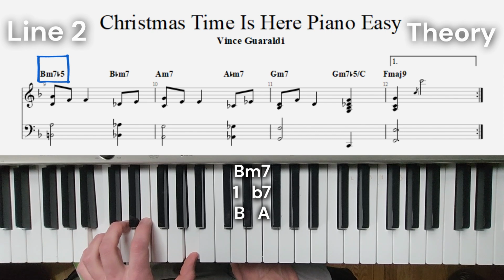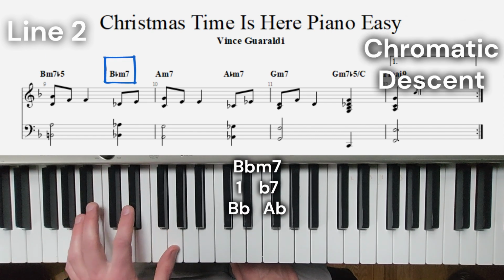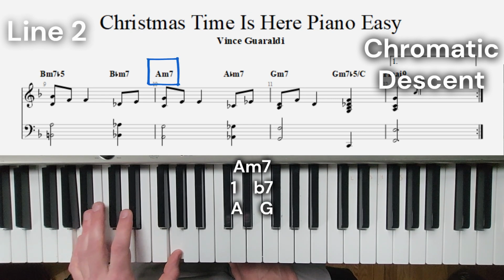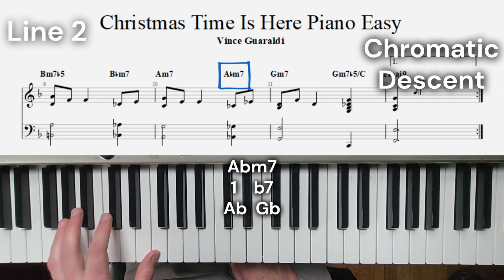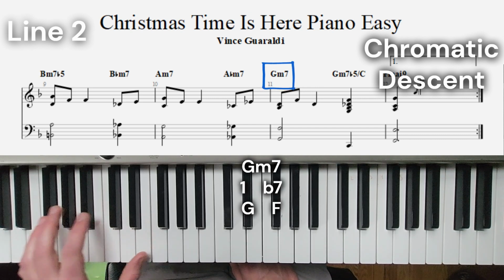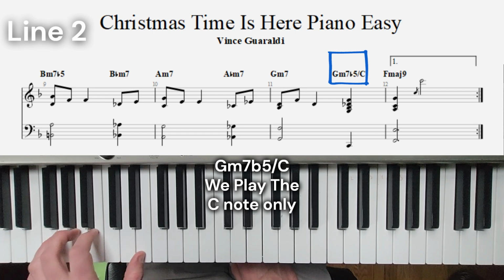And then I just go down chromatically. B flat and A flat is my next harmony. Then A and G are my next harmony. A flat and G flat is my next harmony, and then G natural and F natural are my next harmony. I'll follow that up with just a single lower C note on the way back to an F and an E